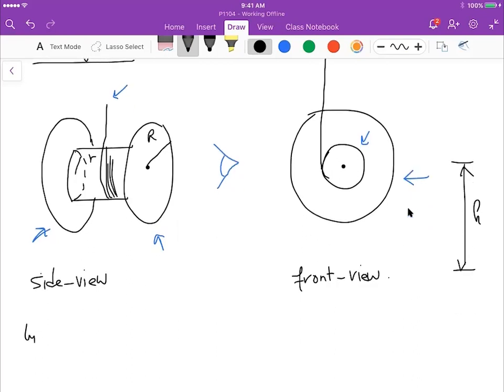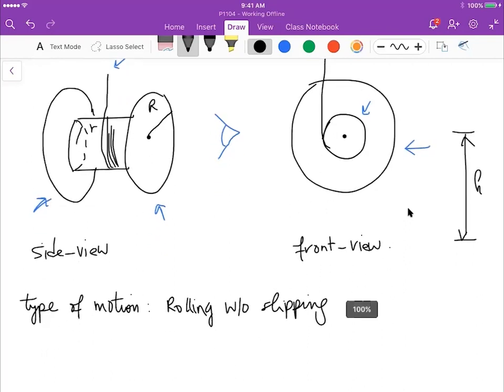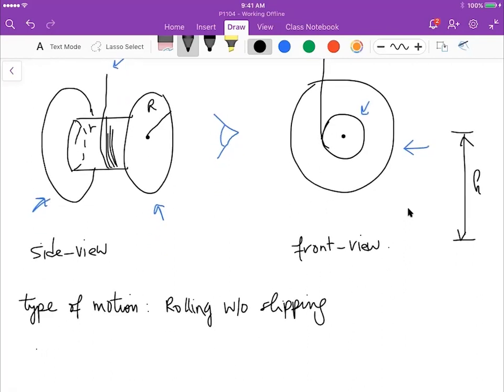In this case, we have an object that is rolling. Type of motion, we are dealing with rolling without slipping, because in this case, the string is not slipping. The string is not slipping, and the axle is not unwinding the string, while the center of mass of this yo-yo is moving. So we are in the case of rolling without slipping in the sense that this yo-yo,